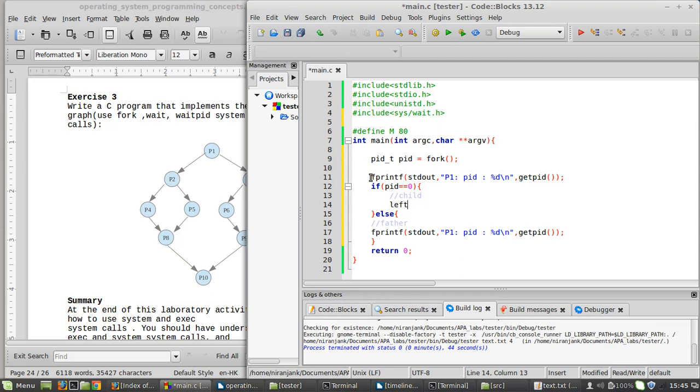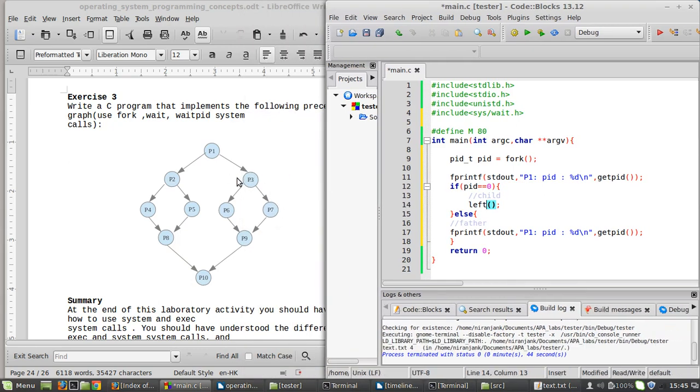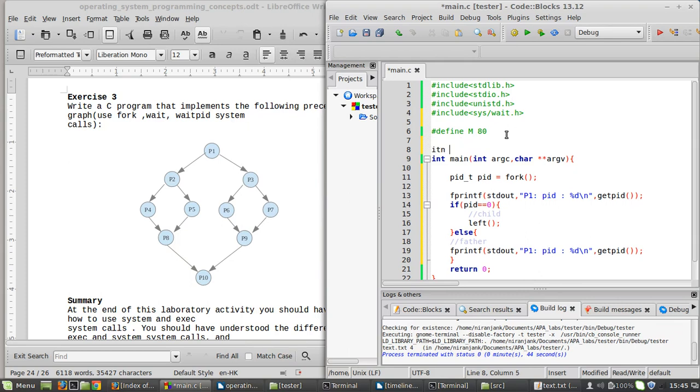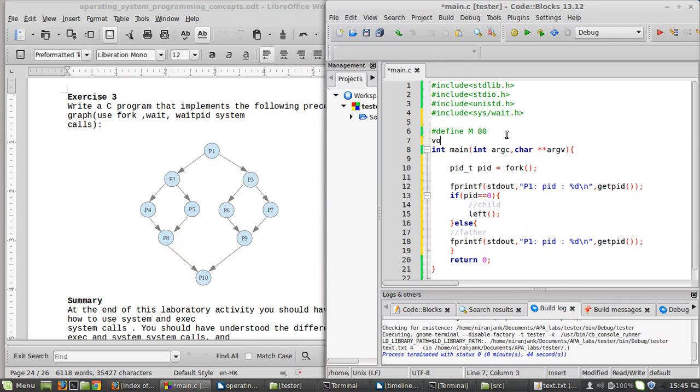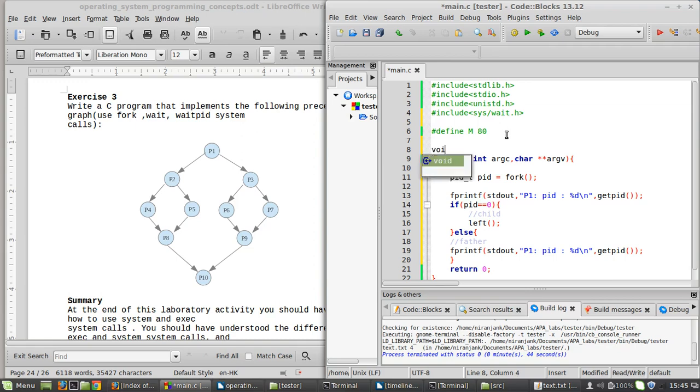Okay, so get the PID, and else this becomes the father. So the father also will have to display the PID, right? Here is the father that is going to, and for the child what we have to do is we have to use the, okay,